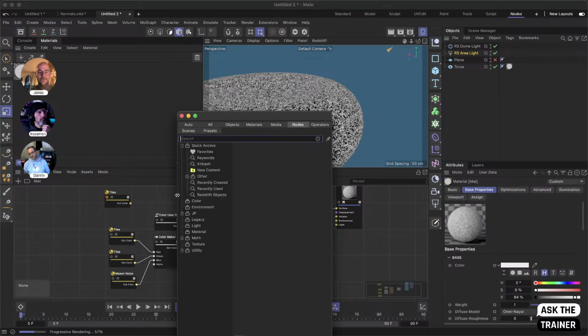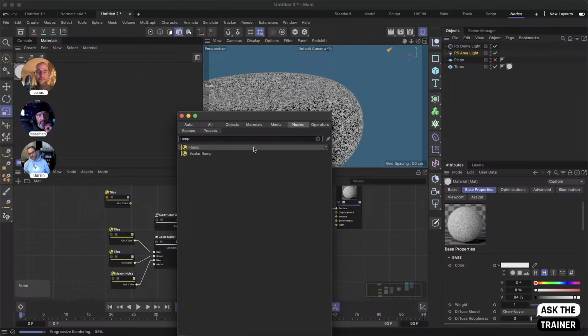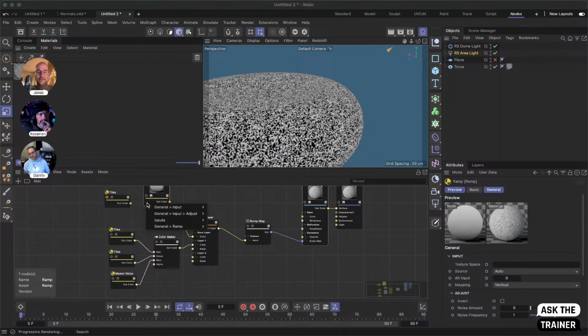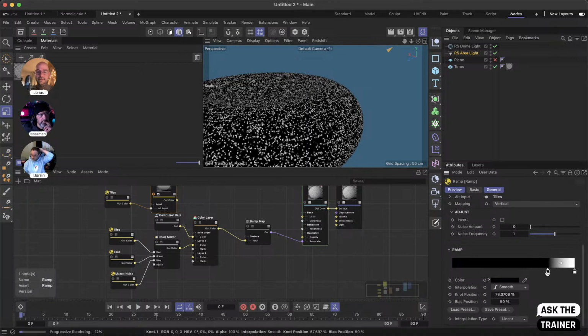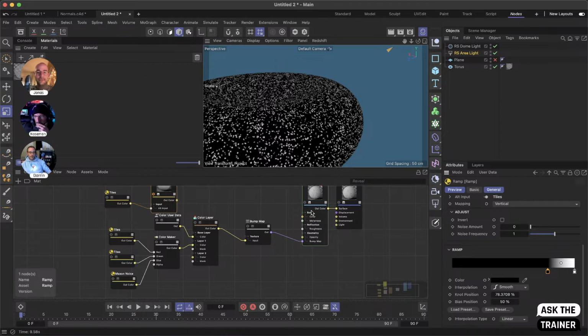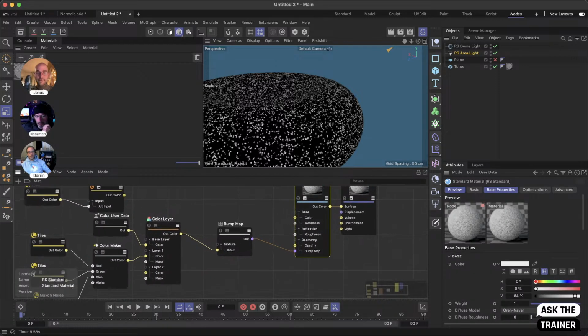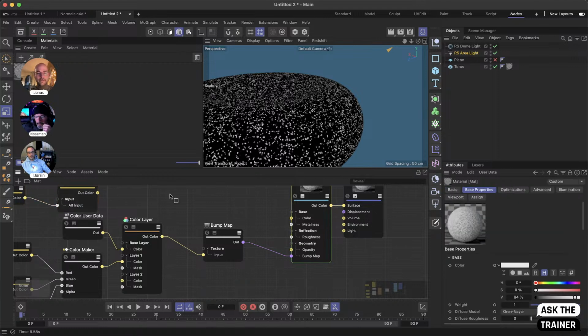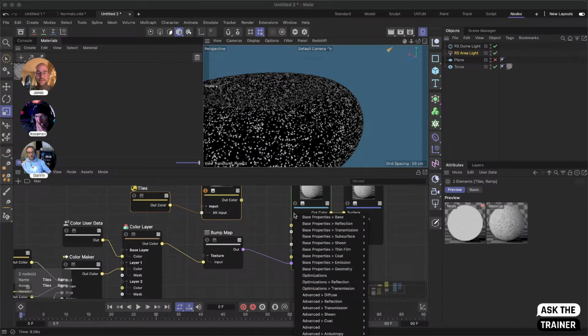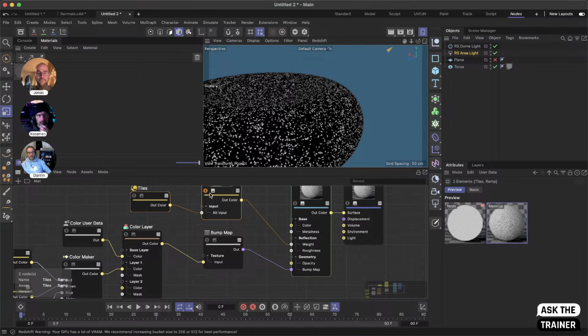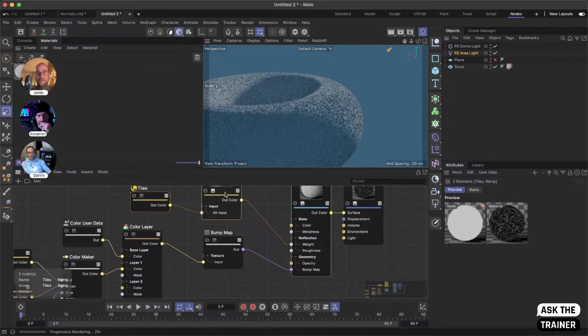Maybe another thing that I can do is pipe this through a ramp like so, and just use the alt input for this one to remap it. And I'm going to remap it in a way that I have fewer flakes, like so. So these are the flakes now that can potentially reflect, but depending on their angle, they will or will not. And then here in the main material node, in the Redshift standard material node, I'm going to pipe this into reflection weight. And now if I unsolo this, you can see